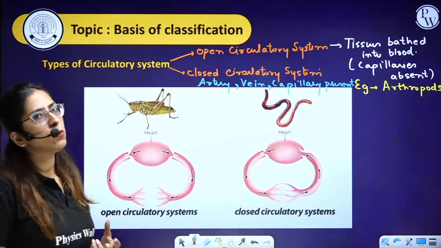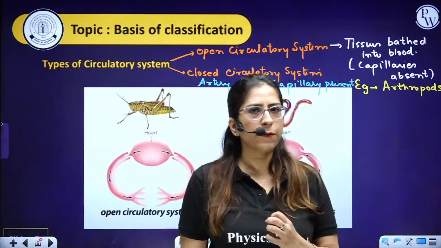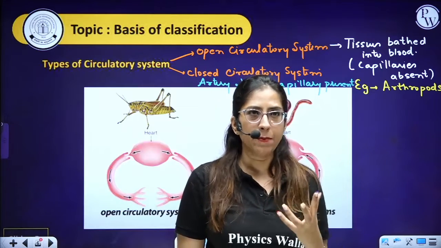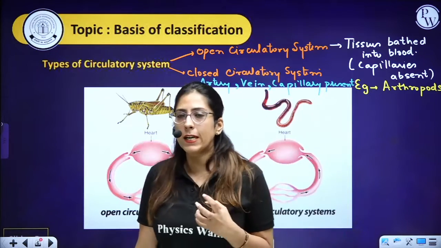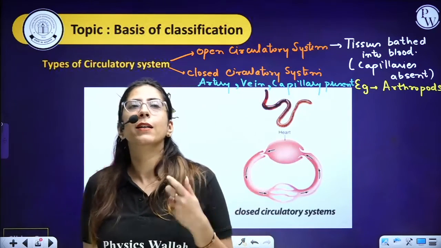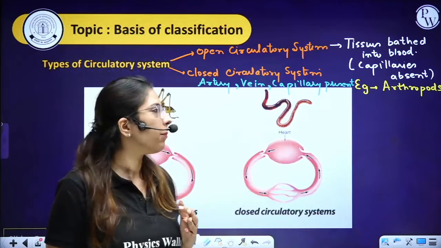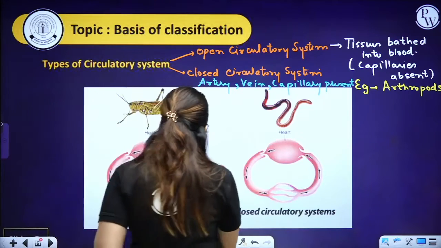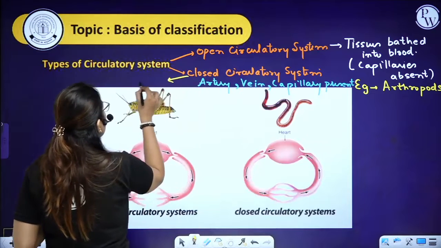Then how do tissues get the oxygen? With the help of a process which is diffusion. So from the blood capillaries, the oxygen and carbon dioxide exchange occurs. That means oxygen will be taken in by the tissues and carbon dioxide will be removed and enter the blood which is present in the capillaries. Clear? So the question arises, where are we going to find it? Here I am writing examples.